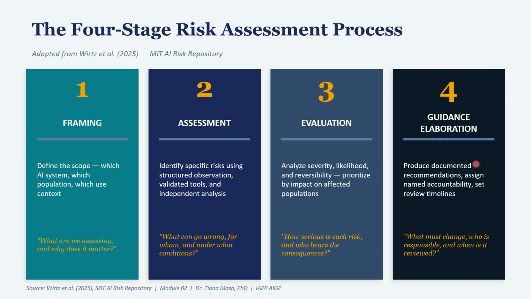They complete the first 3 stages informally. They usually say it's a draft, a general impression that the risk is acceptable or manageable, and they produce no documented output. No documentation means no governance. No governance means no protection. No protection means irresponsibility, and of course, you're going to face the consequences of those actions. This stage produces the deliverables: named accountability, specific recommendations, review dates, accountable persons, everything that gives the assessment its teeth.